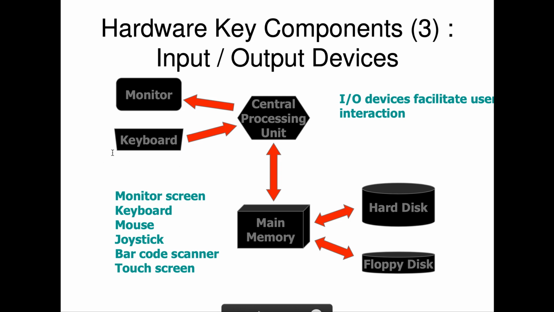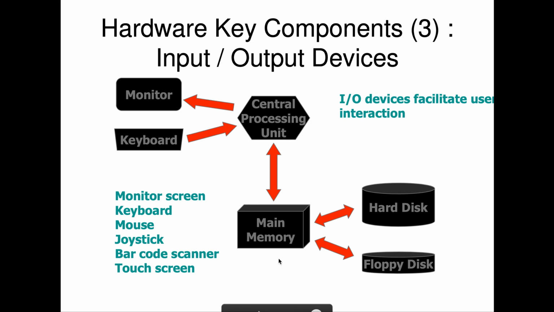The keyboard is your standard input; you input everything from the human via the keyboard, and the monitor is the output for the human to read. Others that are not necessarily needed include a joystick, barcode scanner, and touchscreen. These are not standard input or output, but they can also be used to give data to the